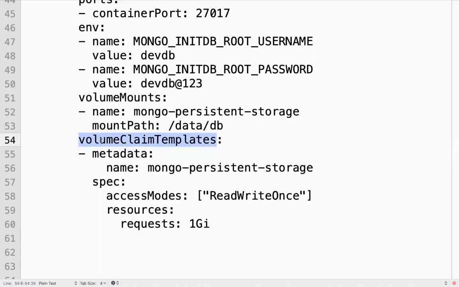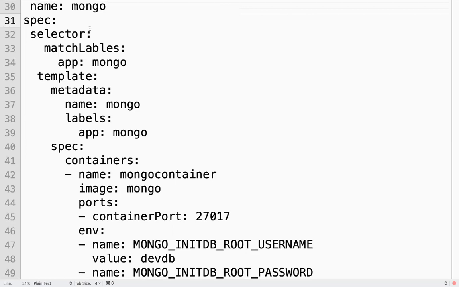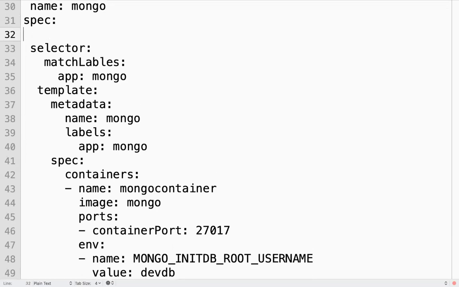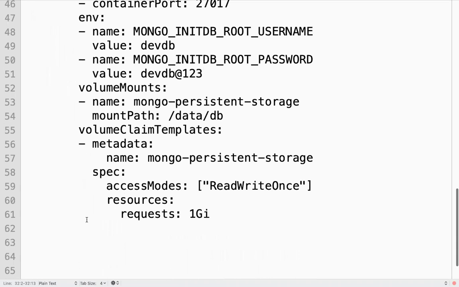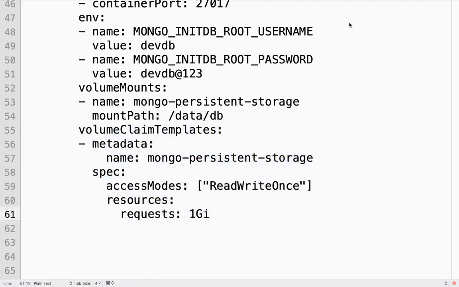Here we are not defining volumes, and you no need to create a persistent volume claim object also. Here in your manifest, you are mentioning your claim template, volume claim template. So if I have mentioned 3 replicas, how many persistent volume claims will be created?